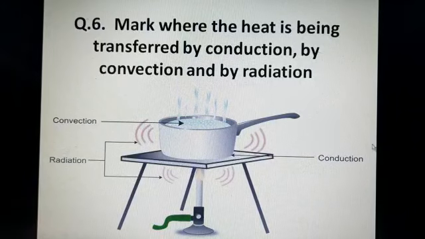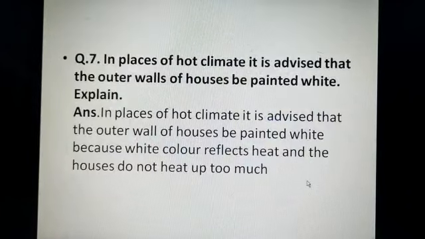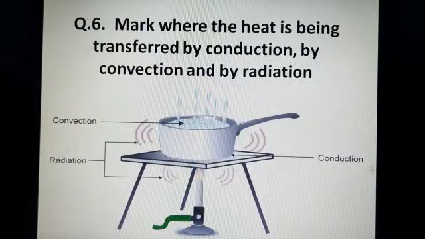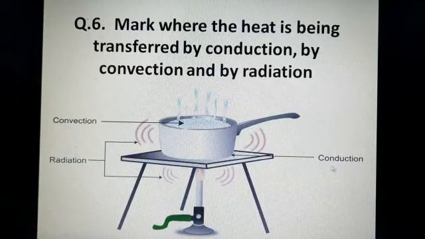So conduction occurs in this part and convection in the liquid. When the liquid is boiled, it is heated by the process of convection, and heat passed to the surroundings is called radiation. Conduction is a process by which heat is transferred from the hotter end to the colder end of an object. Why does conduction occur here? Because conduction is a process in which heat is passed from the hotter object to the colder object, or from the hotter end to the colder end. So here conduction occurs.